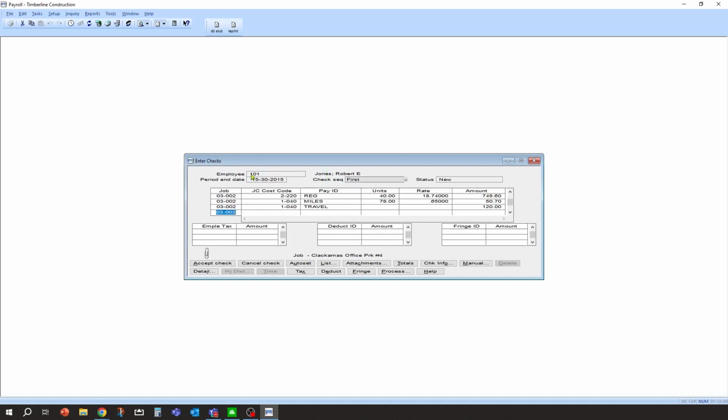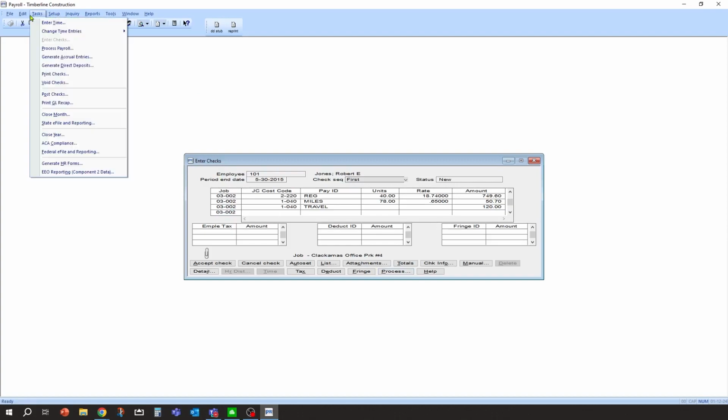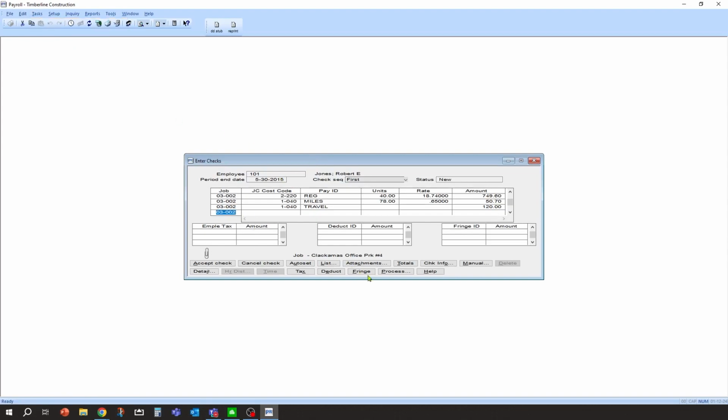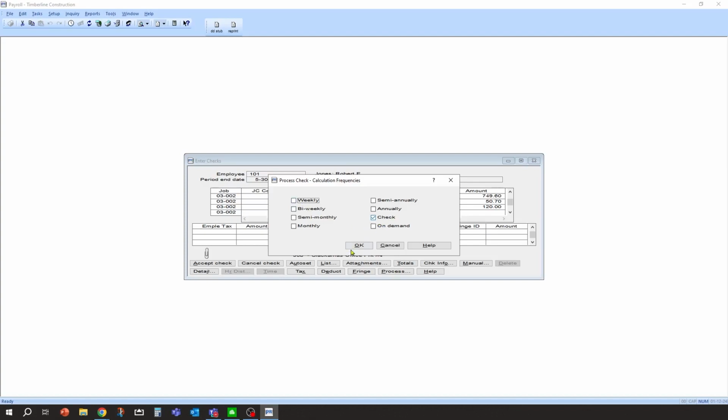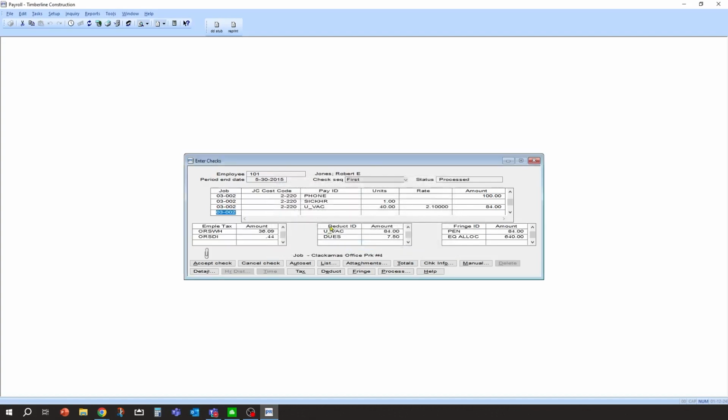And then you would go through and either process your check here or do your mass processing like you normally would do. After you enter time, you're going to go and process payroll. I'm going to show you right here. So let's go and process. And I apologize, I might get some error messages for some taxes, some old demo data here. So we're going to process per check. And you'll notice he got some accruals added, but he also got the phone added automatically.